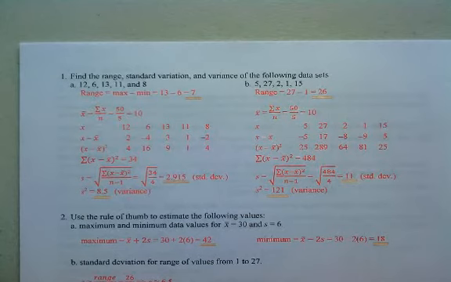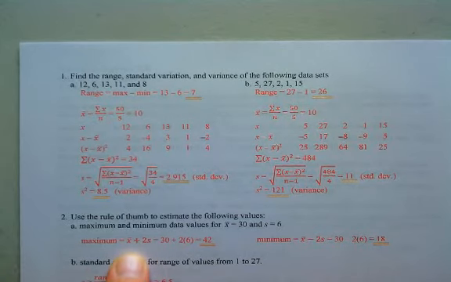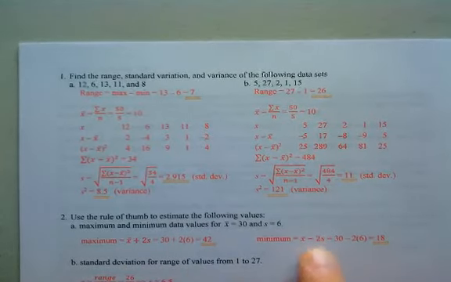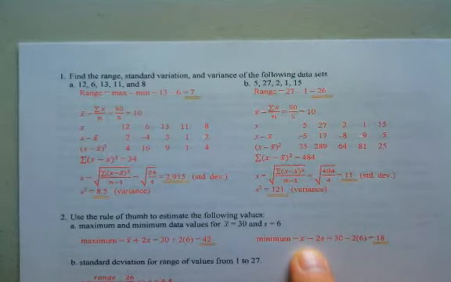Use the rule of thumb to estimate the following values. What are the maximum and minimum values if the mean is 30 and the standard deviation is 6? And so the maximum is x bar plus, so that's the mean plus 2 times the standard deviation. So 30 plus 12 gives me 42. The minimum is x bar, the mean, subtract 2 times the standard deviation, so x bar minus 2s, 30 minus